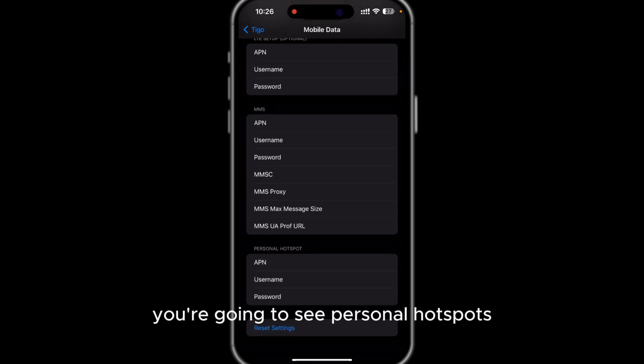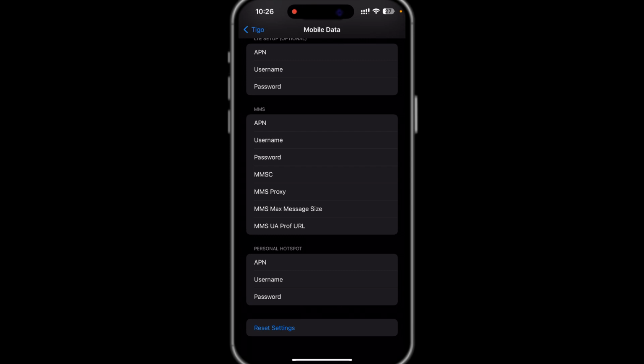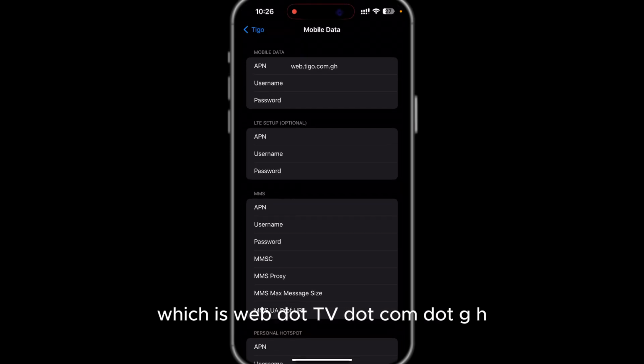You are going to see personal hotspot, and under it you see APN. You are going to realize there's nothing there. So you need to insert an APN. Normally for other networks, you can just use the word internet. And with Airtel Tigo, they have their own special APN, which is